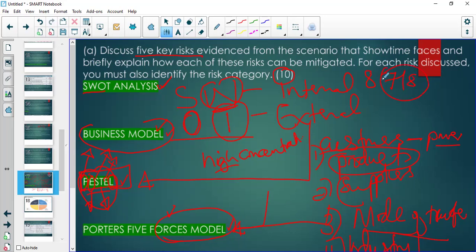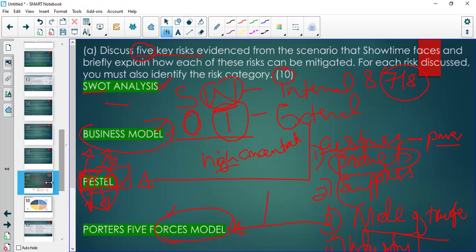Because there's a good chance that they will also consider, for example, this is an examiner or a marker looking at you and saying this is not quite good, but they might go to the next one until they get 5. I do not know how the actual marking is done, but there's always that possibility where you don't get the first one right, and then you can get the second one. So you don't have to restrict yourself to just 5. You always try to be maybe 6, 7, maybe 8,